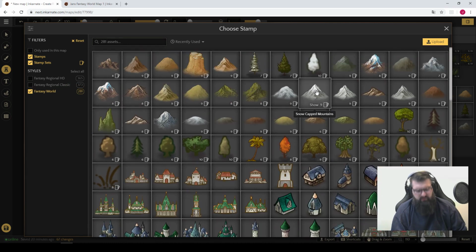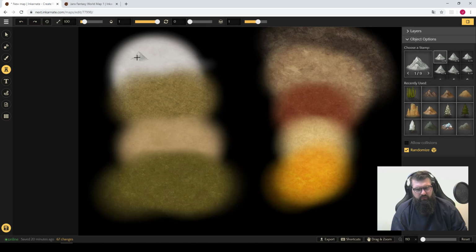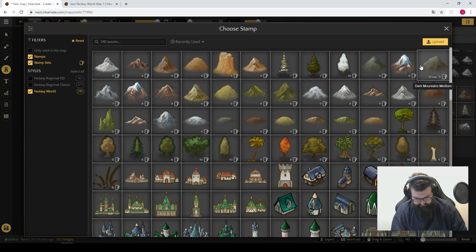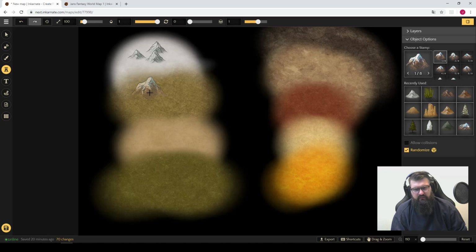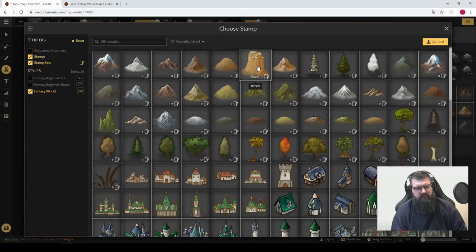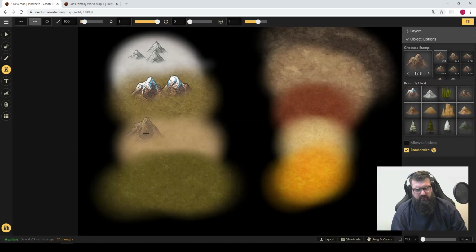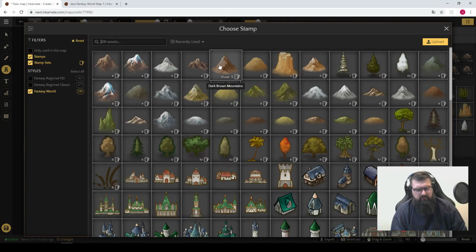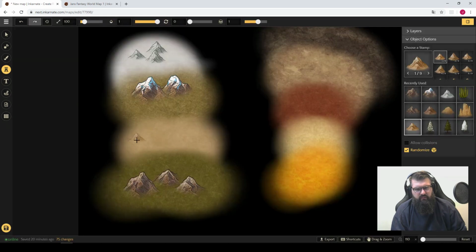Fancy World. I chose snow mountains for my cold zones. I chose a combination of this one, snow mountains, and then I chose mountains, the one that's called mountains, for this area, and I chose brown mountains. Let's see, where's brown mountains? This one for my